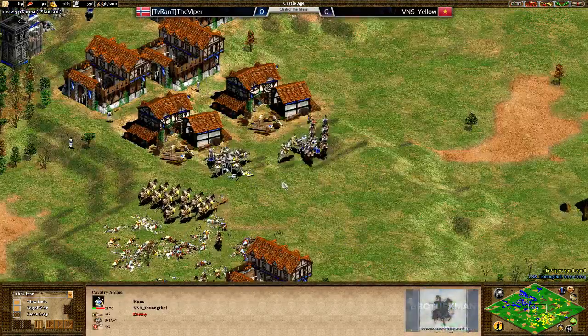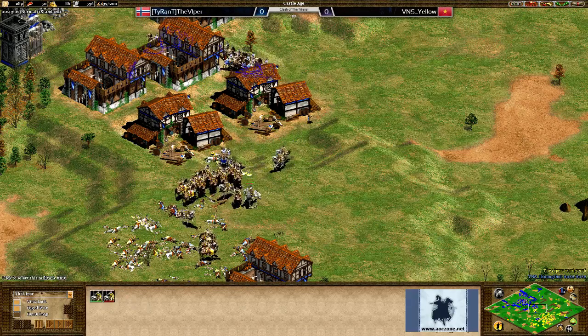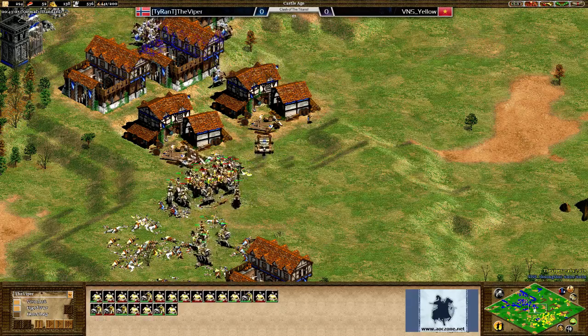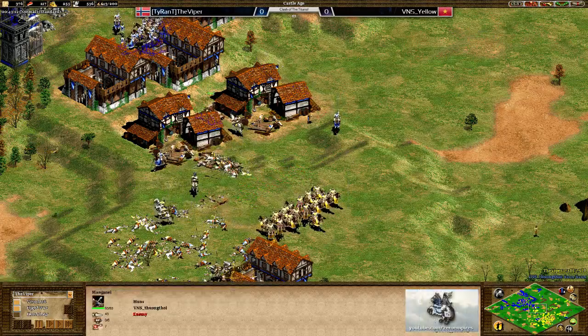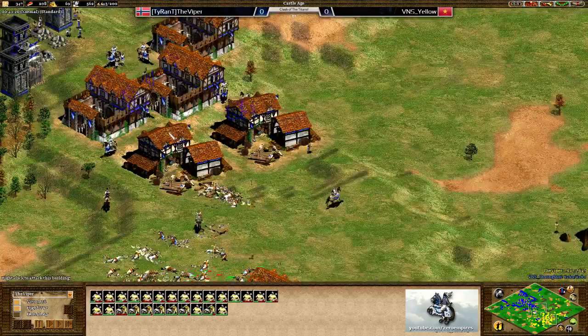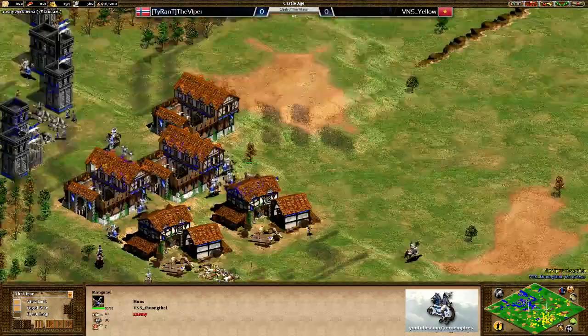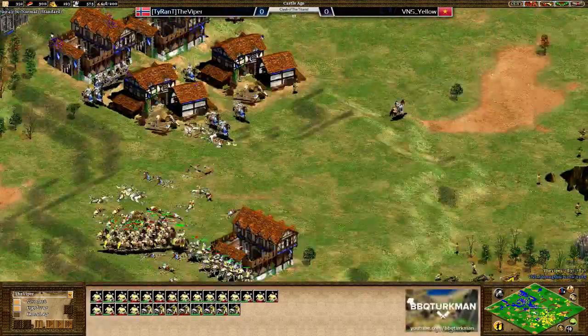The rest of his cavalry archers being chased down, and the Viper now with +2 defense on those cavalry archers for good measure. 2 mangonels coming out though, they're going to get taken out very quickly indeed. Oh man, Yellow wasting a lot of resources right there on that cavalry, on that mangonel, and I don't know if he can keep this up. He's being pushed right back. Viper's got a pretty significant army,